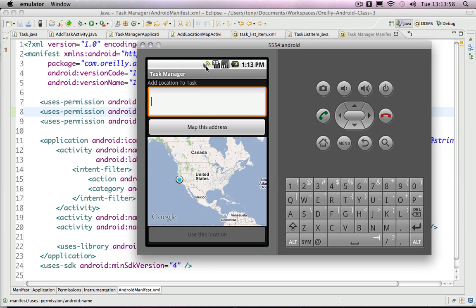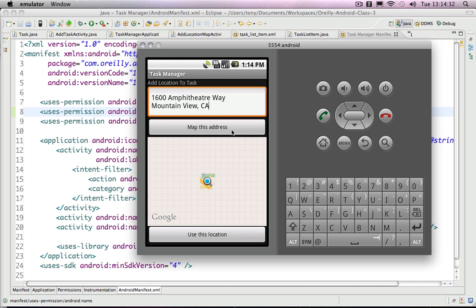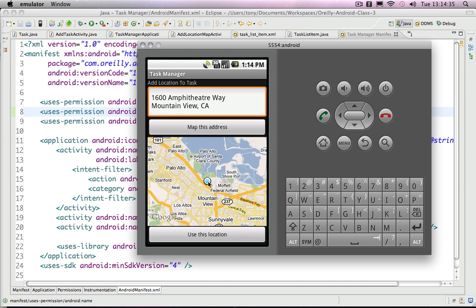Look at this. Do you see this up here? Wish I had some sort of pointer. Where my mouse is now, I've got an indicator that I'm getting GPS, or some sort of location data. That's the little indicator right here at the top, and there is the My Location overlay. And if I go to 1600 Amphitheater in Mountain View, that will zoom into that location, and we'll see that we're fairly close, in fact spot on with that